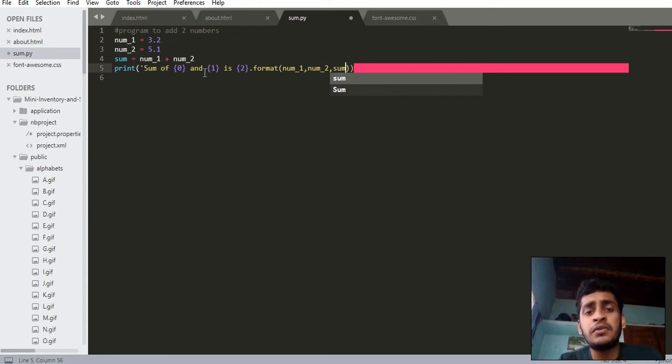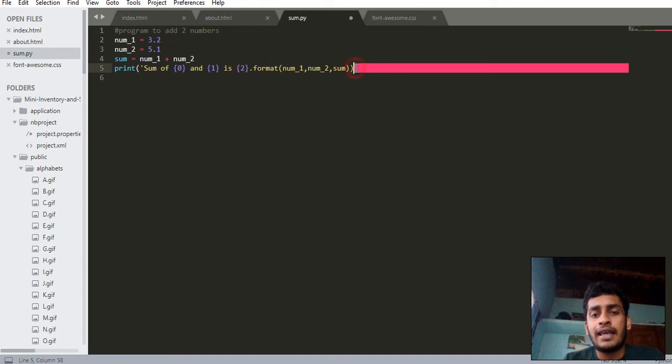Instead of num1 and num2 we can write anything, but the main feature of a program